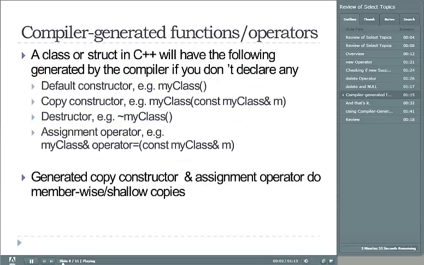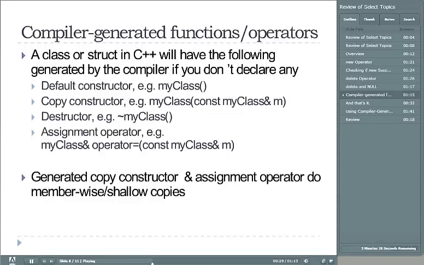The last topic that I'll cover is compiler-generated functions, and this relates to classes and structs. And first, recall that the only difference between a class and a struct in C++ is that the default access level for a class is private, whereas the default access level for a struct is public. When you declare a class or a struct, if you don't declare any functions, the compiler will automatically generate 4